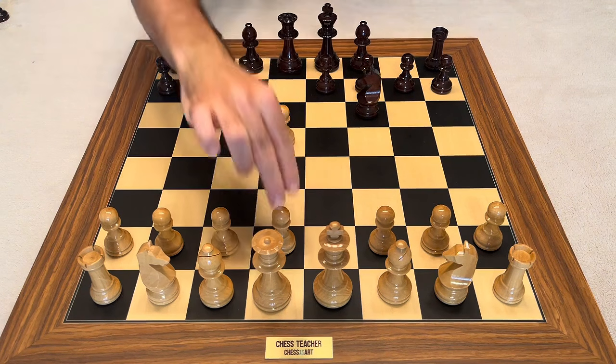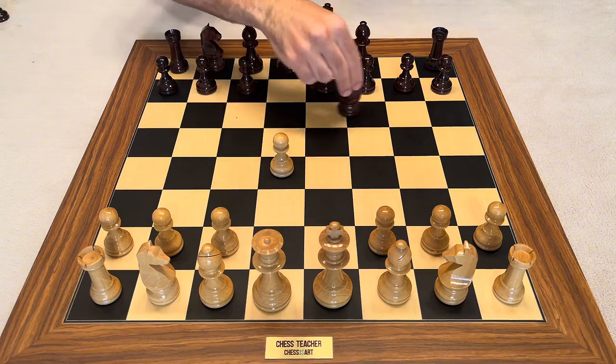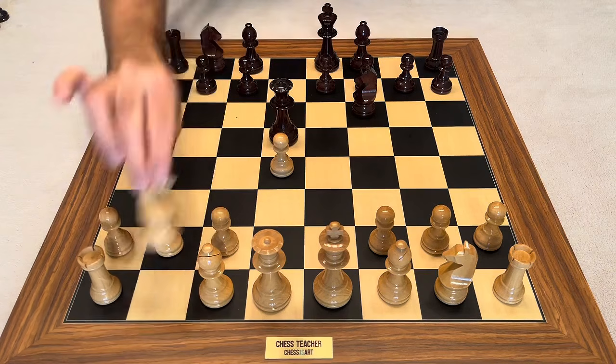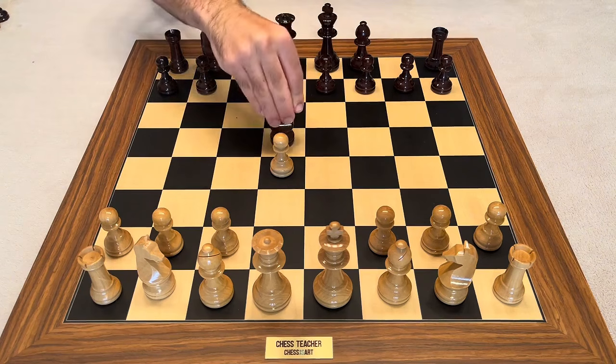We're going to let them capture the pawn with the knight or the queen, whichever they prefer. Logically, if they've played the Stamford gambit, it's because they want to recapture with the knight. If they recapture with the queen, we would simply be in the same position after knight to c6 as in the first trap. You see that, right? So normally they'll